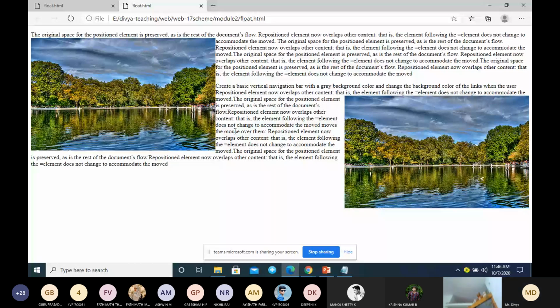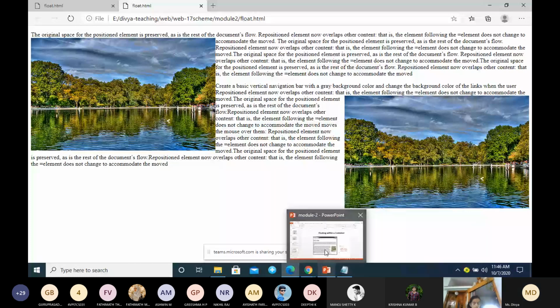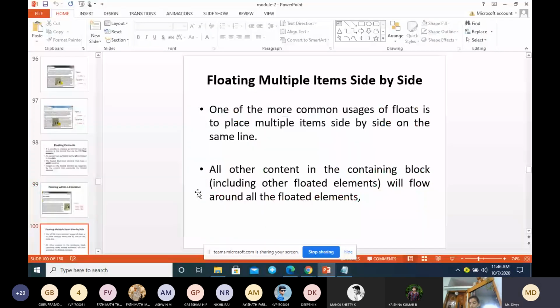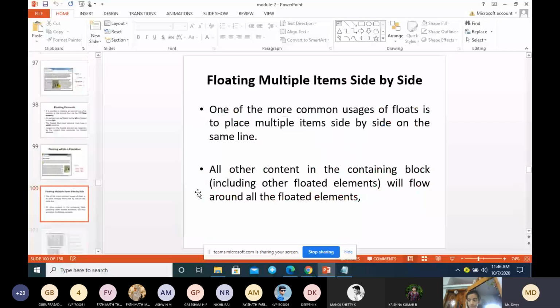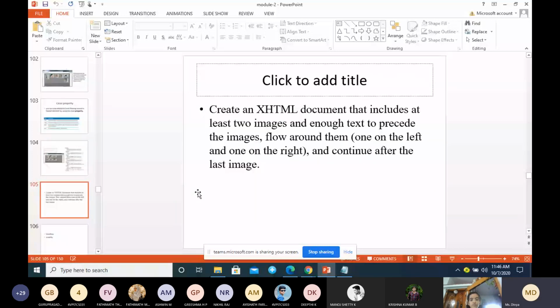In the exam, they may ask you a question: write an XHTML document or HTML5 document that includes at least two images and enough text to precede the image and flow around them, one to the left, that is one image should be left and another image to the right.